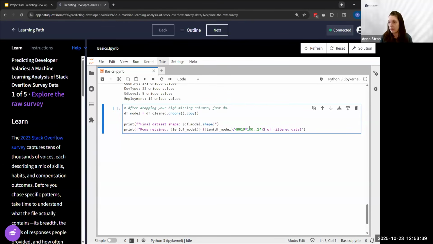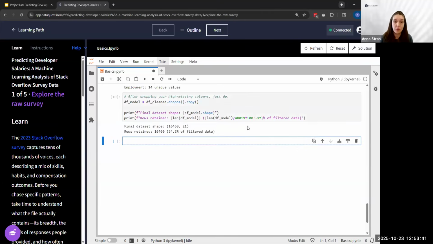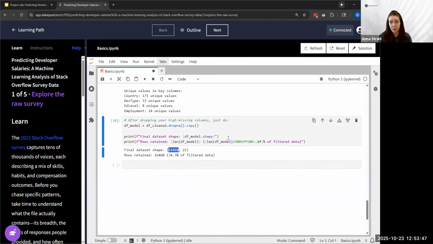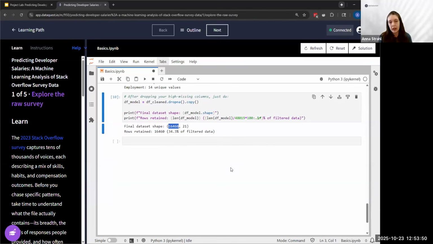And luckily, we have a pretty decent amount of data remaining. We have 16.4 thousand rows, down from our original 48,000. And I caution about this just because it could have introduced some kind of selection bias. For example, maybe someone who completes the survey fully with no missing values, maybe they are fundamentally a different type of person than someone who leaves missing values.